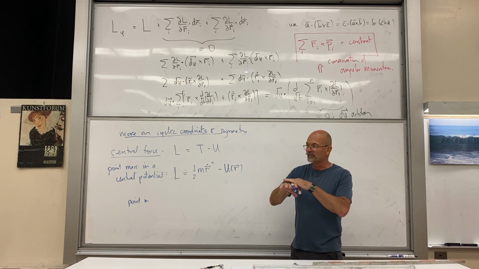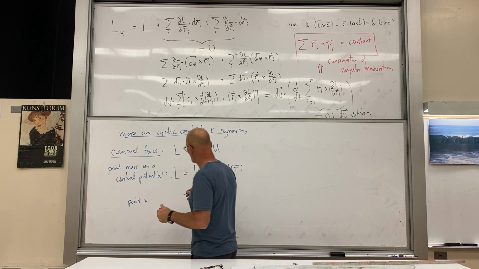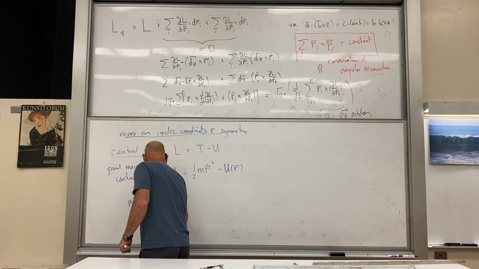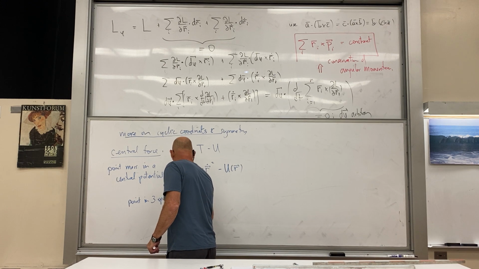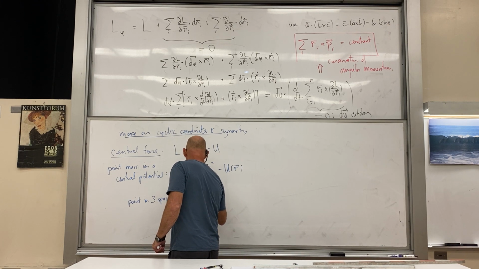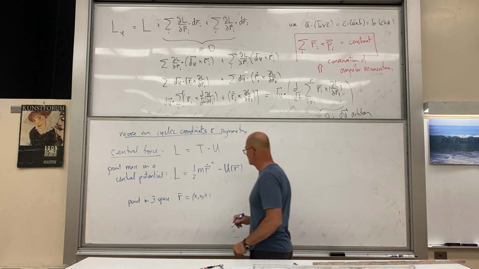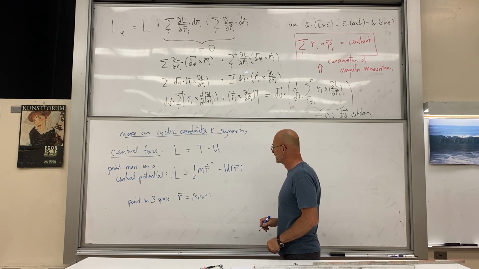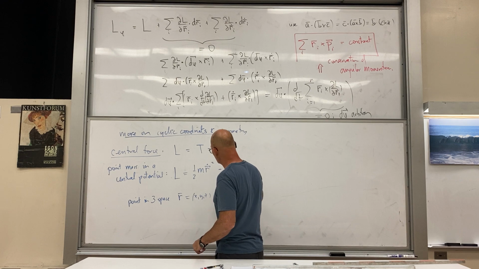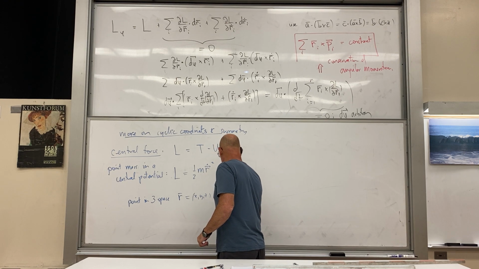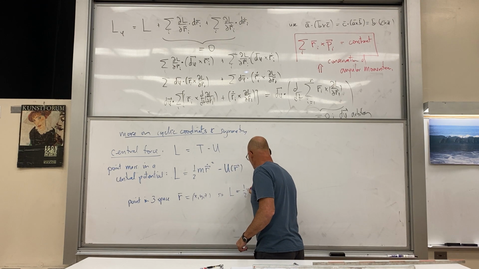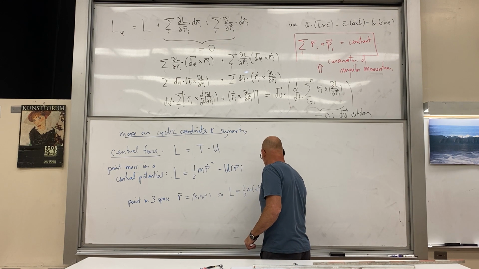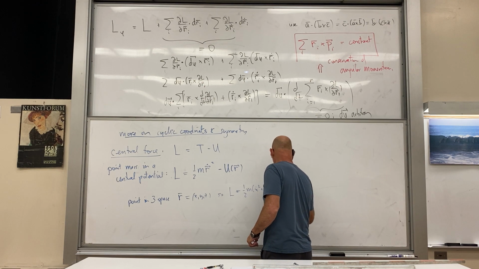Conservation of angular momentum put us into a plane, and then we use plane polar coordinates. But suppose we're just starting from scratch here, a point in free space. R is the vector x, y, z. And we even know our potential energy. So L is 1/2, I'm doing Cartesian coordinates, M times x dot squared plus y dot squared plus z dot squared